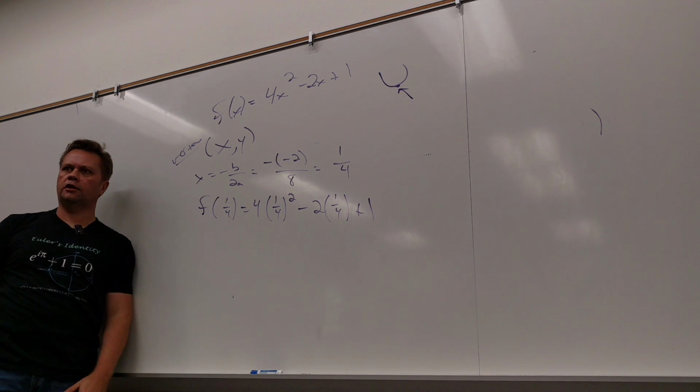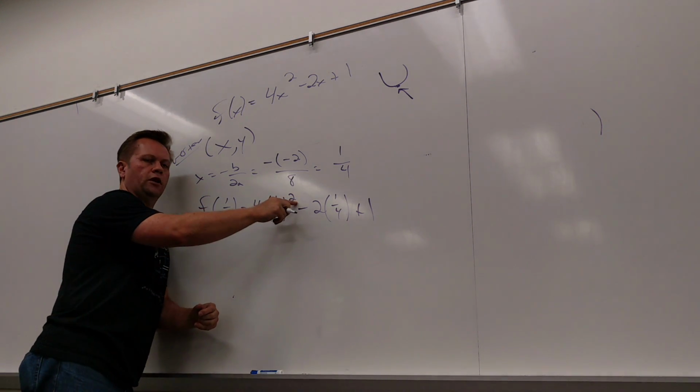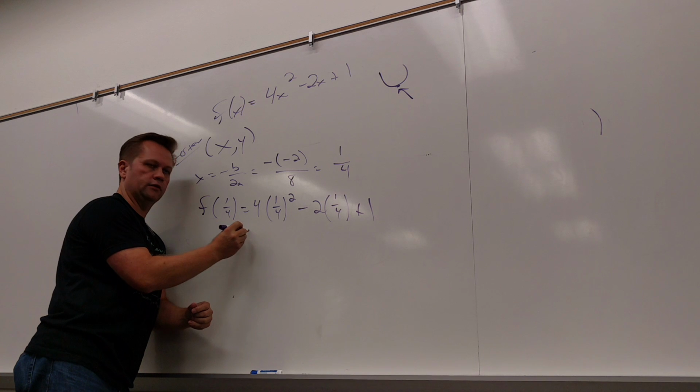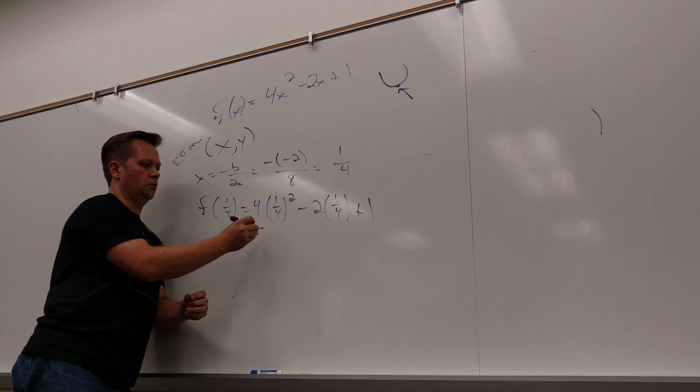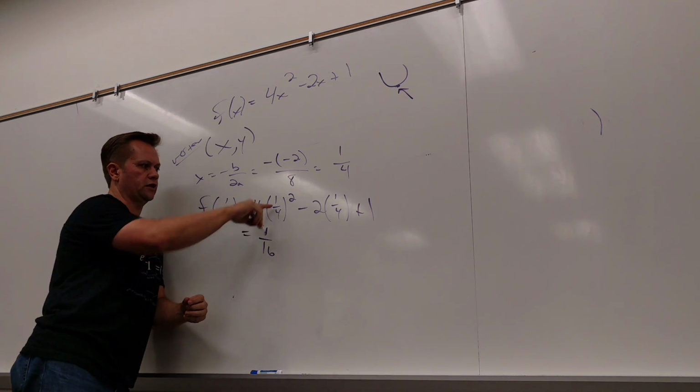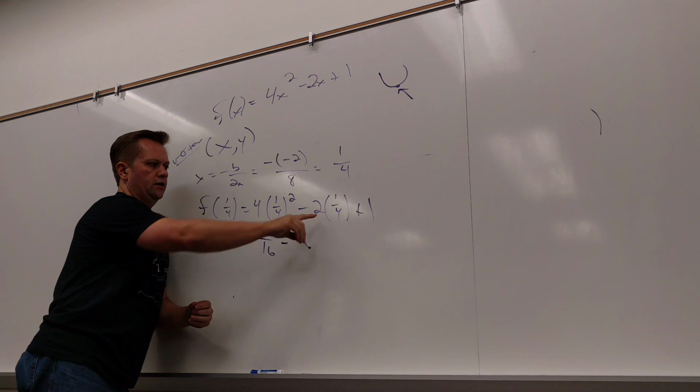So then that's the x piece of the vertex. How do I get the y piece? Plug it in. Too many people give up right here. But come on. 1/4 squared. 1/16, right? So it'll be 4 over 16. Is that cool? 4 times 1/16 minus